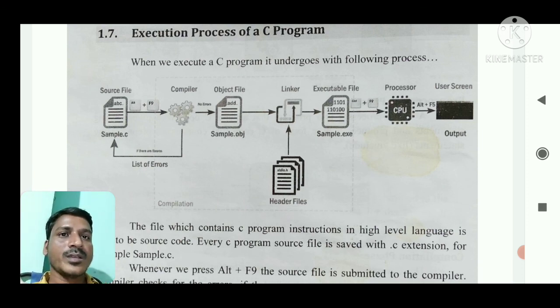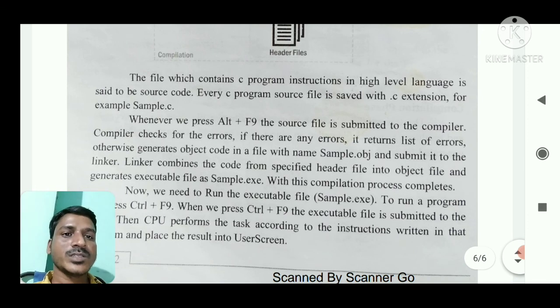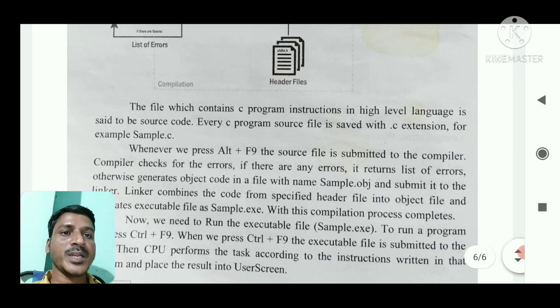Okay, so this is the execution process of a C program. Totally this is explained.